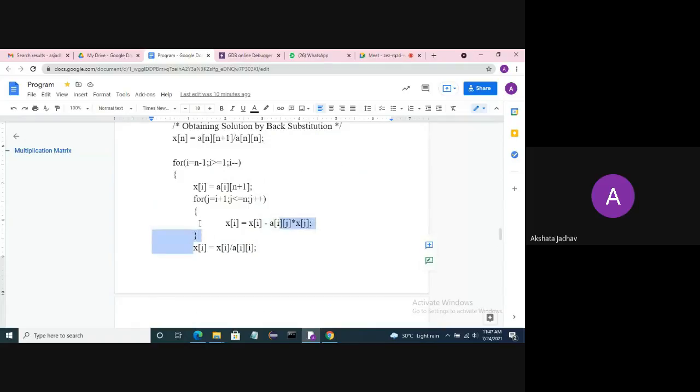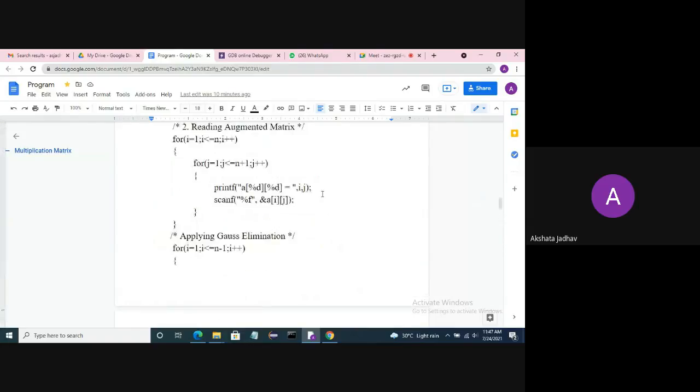Here we will see the third step, R3 divided by R1. We will see the practical demo also, as in yesterday's week.